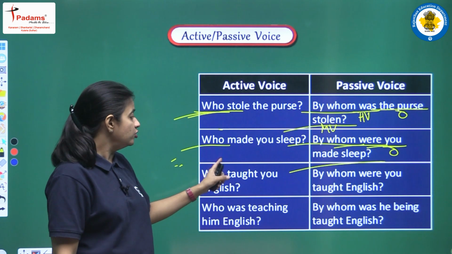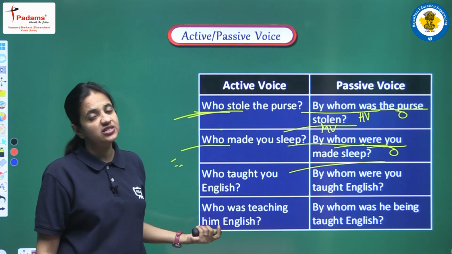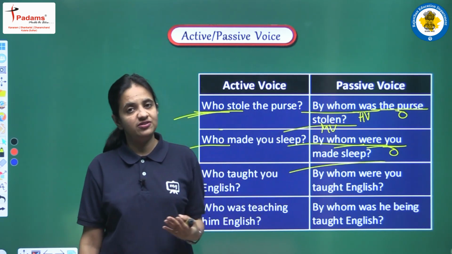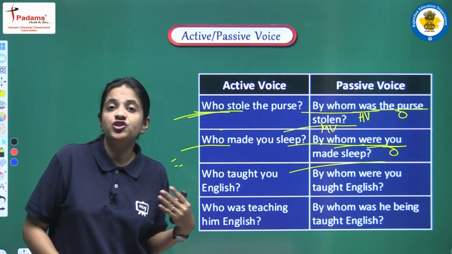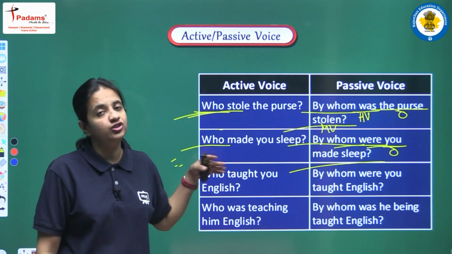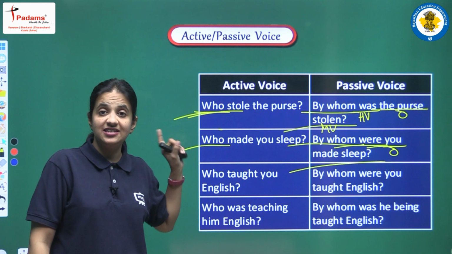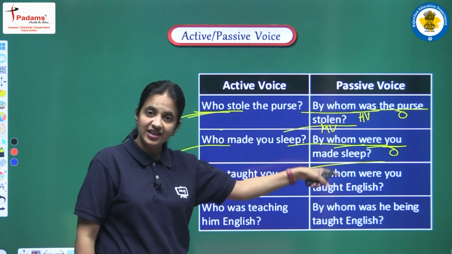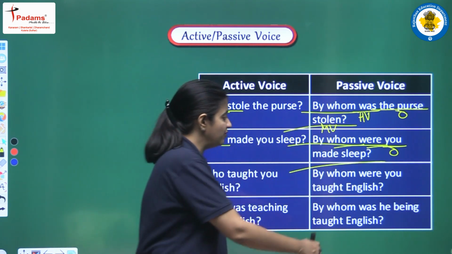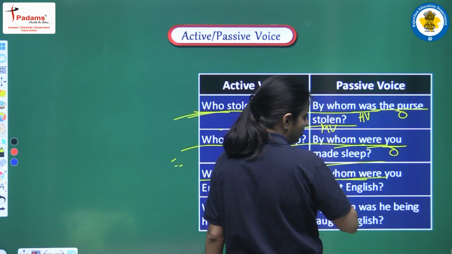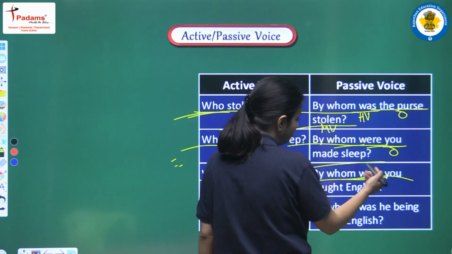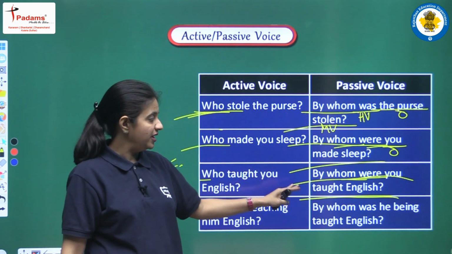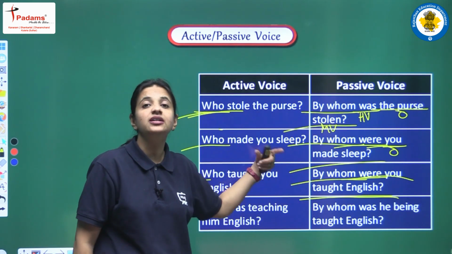Next example, "who taught you English?" Again there is no subject, because the answer will be the subject, because the question is "who taught you English". So suppose I am saying that Miss Sharma taught me English, so she is the doer, she is the subject, and this is the question. So yes, there is no subject, but we are having "who". So when we are converting the sentence into passive voice, "who" will be "by whom". Next, the helping verb, that will be "were". Next, our object, and then the third form of the main verb, that is "taught". So the passive voice will be "by whom were you taught English".